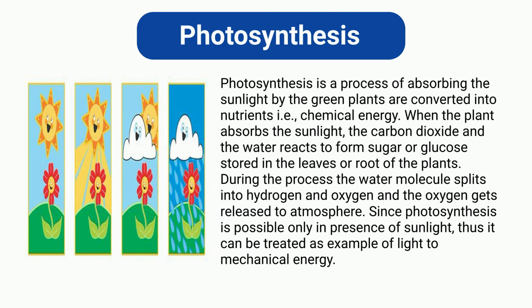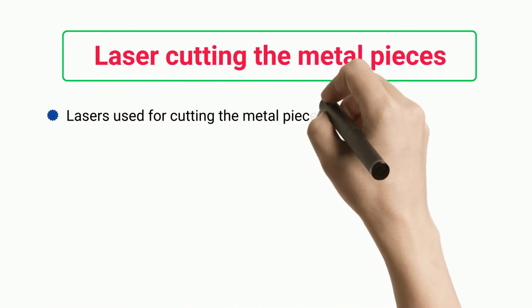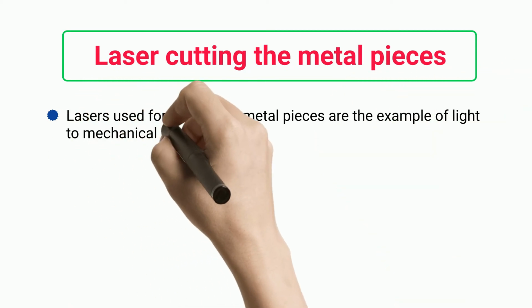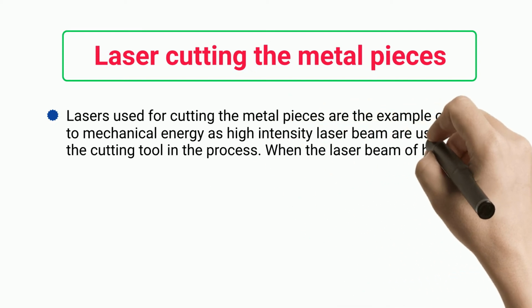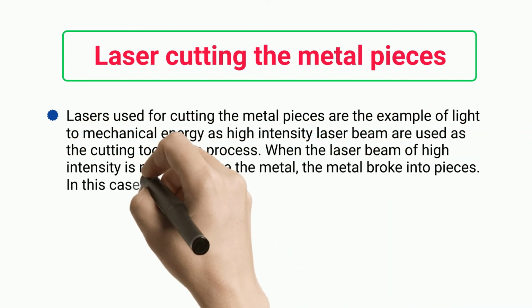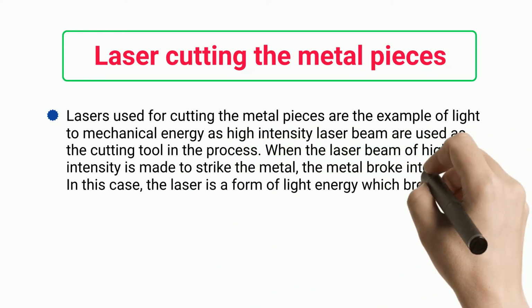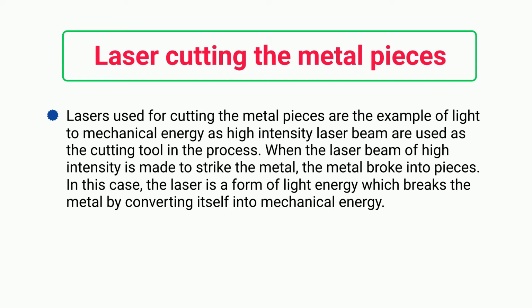energy. Laser cutting the metal pieces. Lasers used for cutting metal pieces are an example of light to mechanical energy, as a high-intensity laser beam is used as the cutting tool in the process. When the laser beam of high intensity is made to strike the metal, it breaks into pieces. In this case, the laser is a form of light energy which breaks the metal by converting itself into mechanical